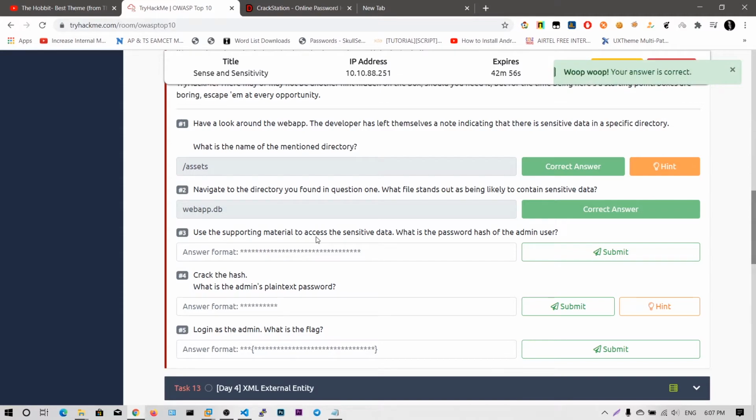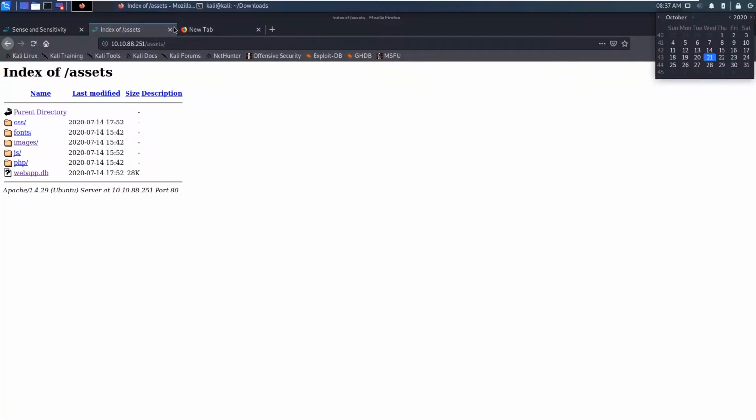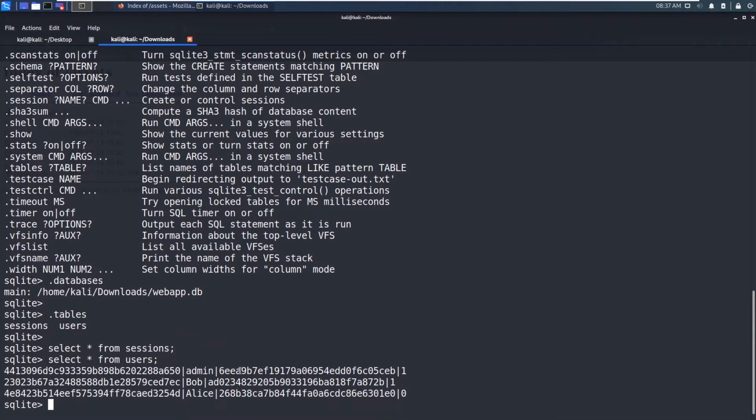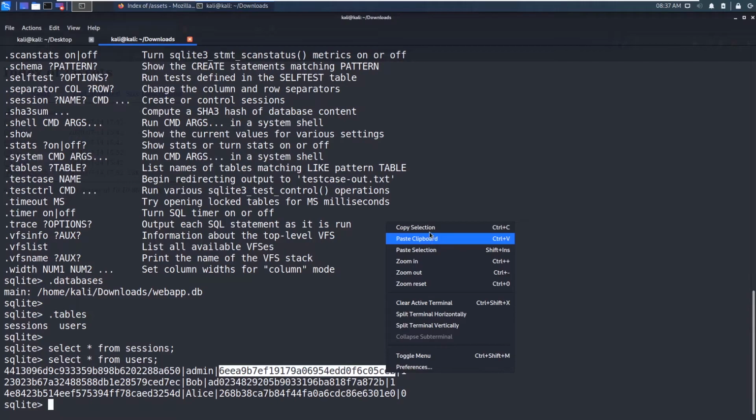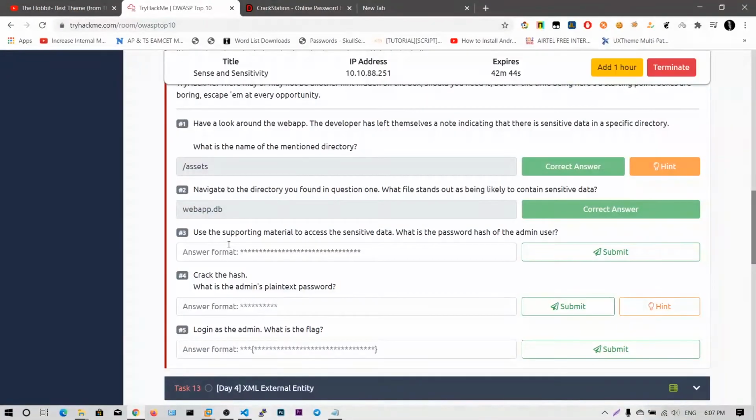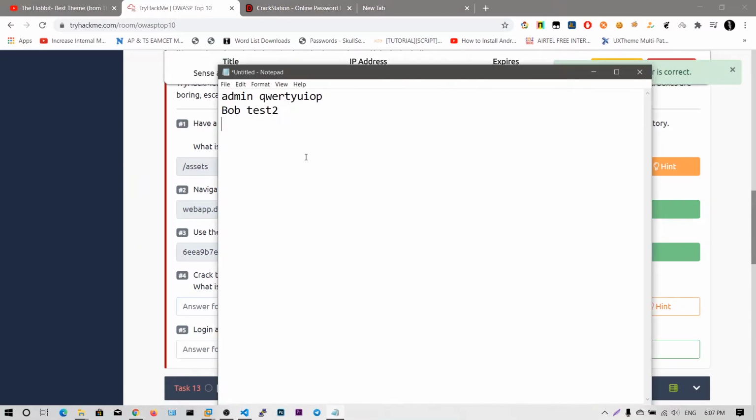Use the supporting material to access the data and what is the password hash of the admin user. This is the password hash of the admin user. Let me copy this and paste it in the answer field. And what is the admin plain text password? QWERTYUIOP.